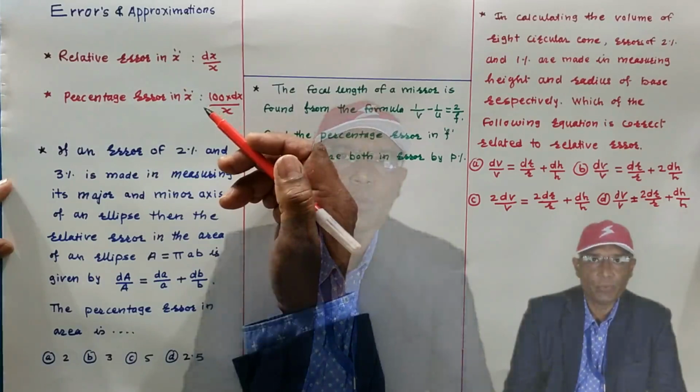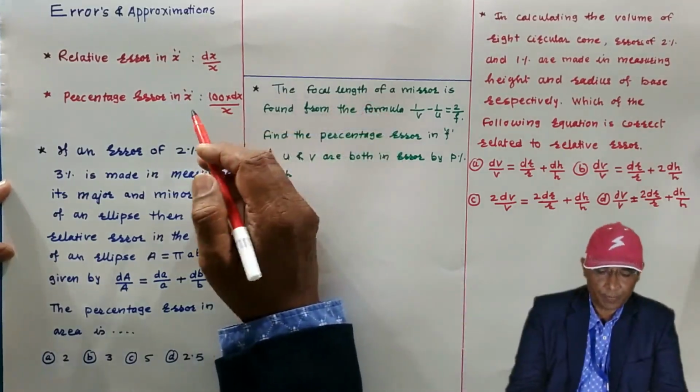In this video, we are going to discuss calculating error approximation. Very quickly, the details about errors and approximation I have explained in the previous video. In these MCQ videos, we are going to discuss only sums. This type of sum may be asked in the examination. We try to understand it because very few problems we are going to discuss.